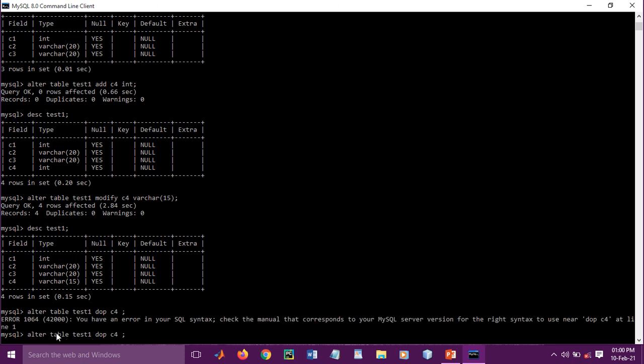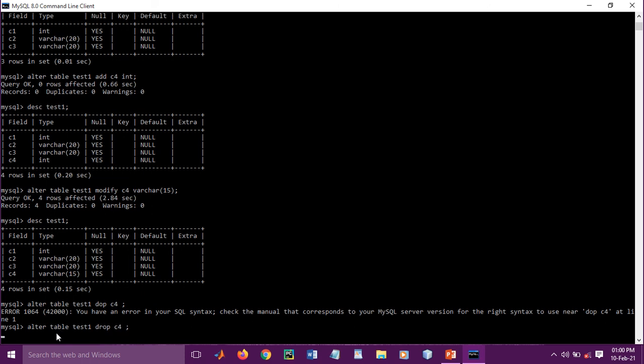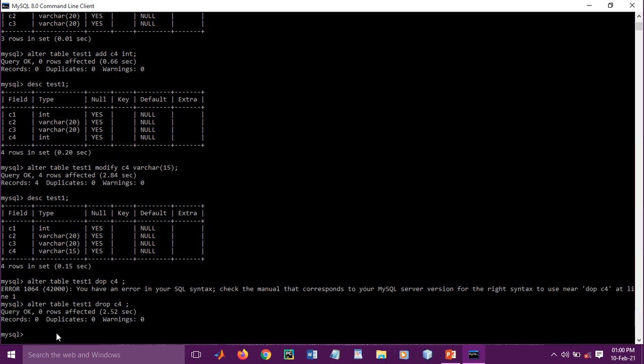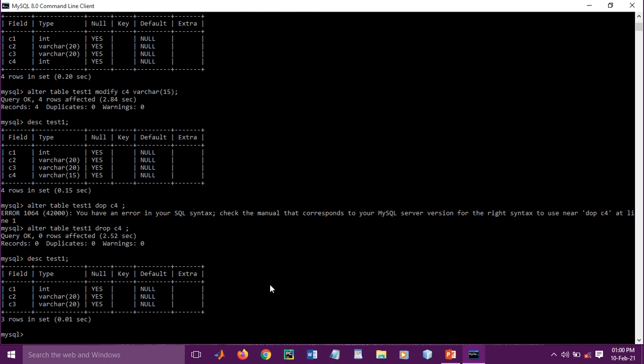So, alter table name test1, oh, I didn't write the r here, drop c4. It will drop c4 from here. Let's see whether it got dropped or not. Describe test1. Here c4 is successfully deleted from table test1.